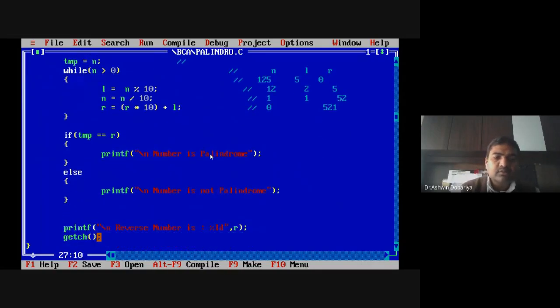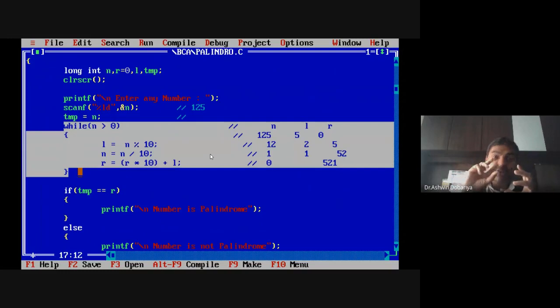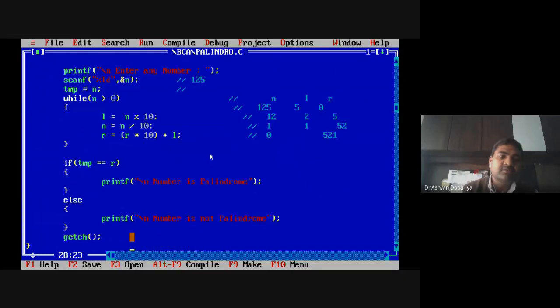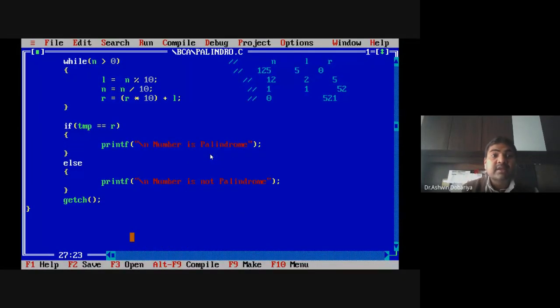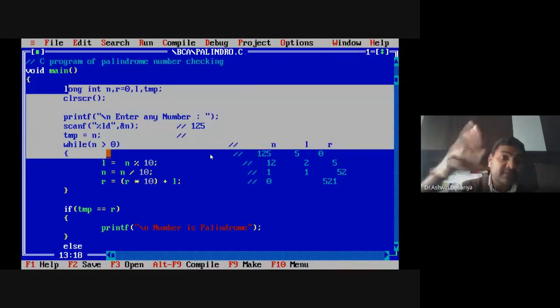So in this program, we simply display a message whether the input number is a palindrome or not. Whatever number we take as input, we keep one original backup. Then using this loop, we convert it to the reverse. After that, we compare the original input value with the reverse value. If both are equal, it displays palindrome. Otherwise, it displays not palindrome. As I told you, once you know one logic, the same logic can be implemented in another program also. I hope this logic is clear, everyone.